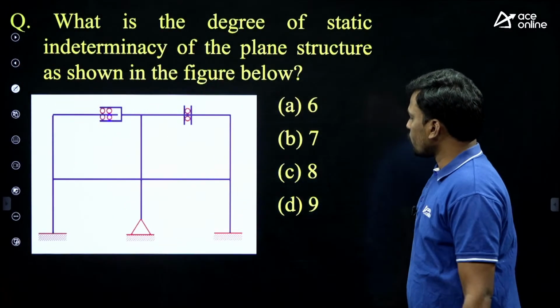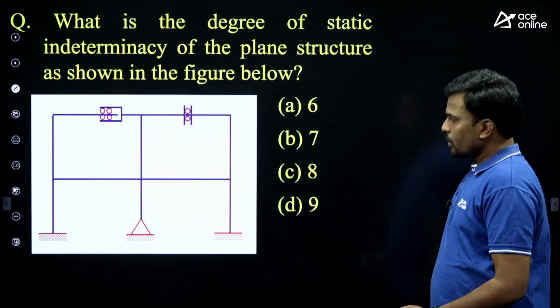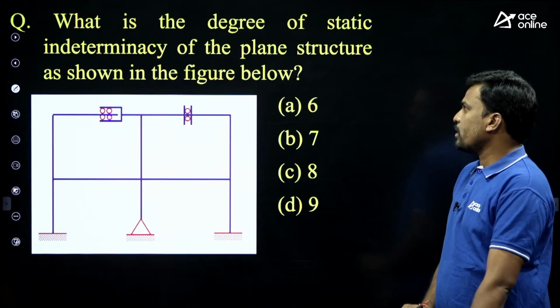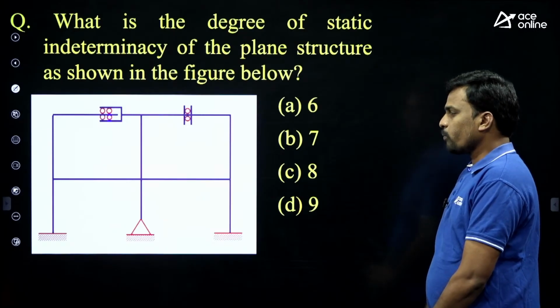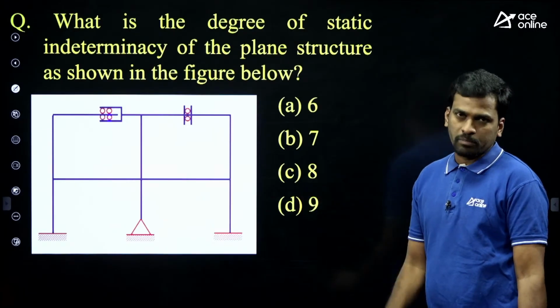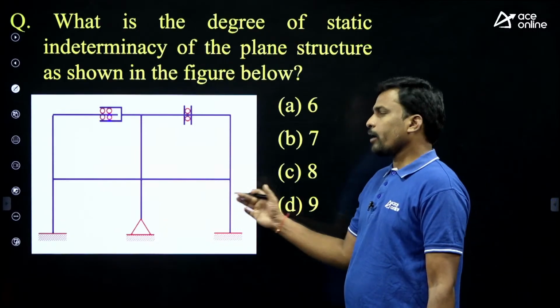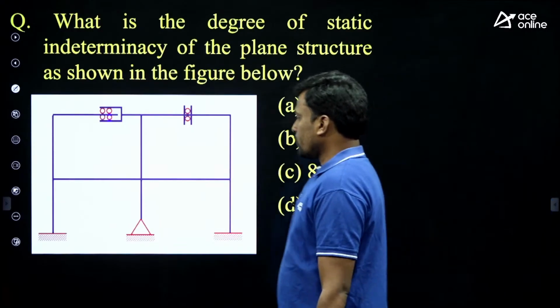So for this diagram, can you find the static indeterminacy? What is the degree of static indeterminacy of the plane structure as shown in the figure below? Now this is a question from the second chapter, right? Static indeterminacy. Okay, so this is called a hybrid structure. Right. First,